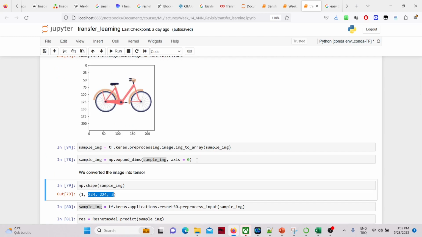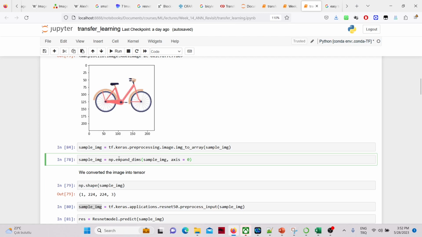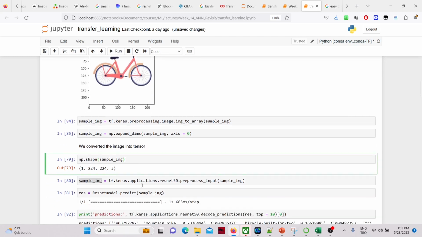Okay, but if you use this command to expand the dimensions from 3 to 4, then you will have these dimensions. Okay, that's the batch size, width, height, and that's the number of layers. Since this is an RGB image, a colored image, that's 3, that's the width, that's the height, and that's the batch size, since we will be inputting just one image. Okay, so